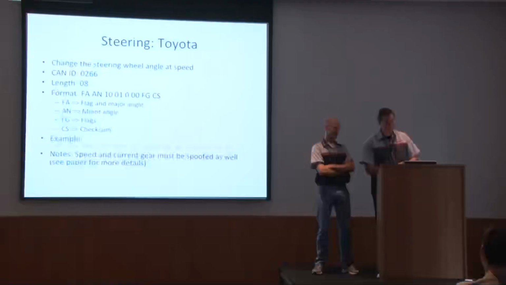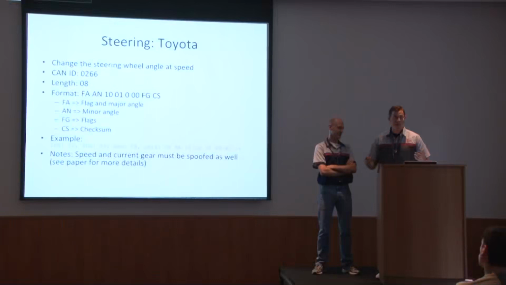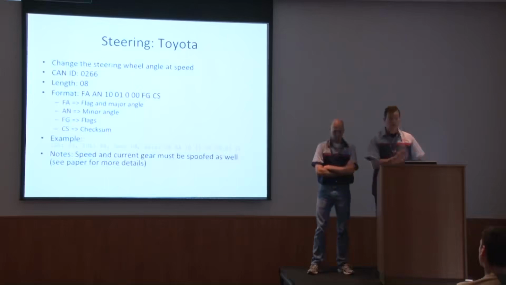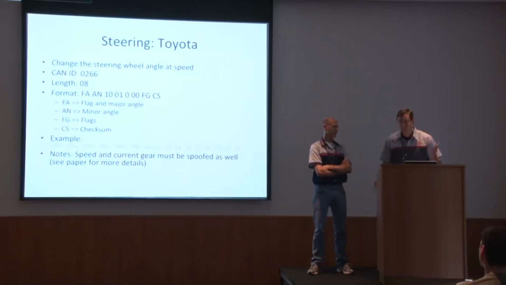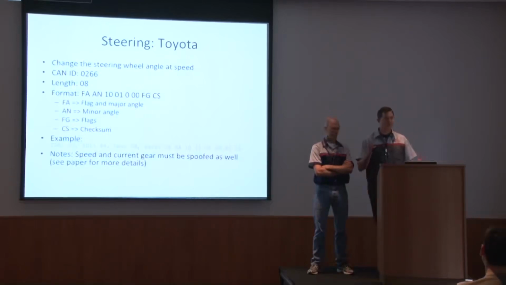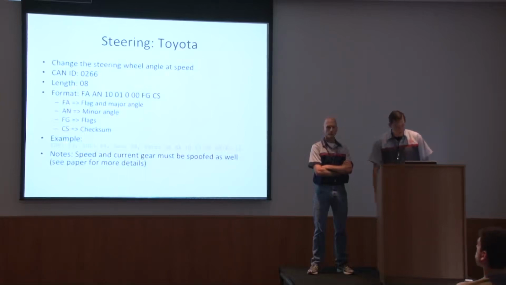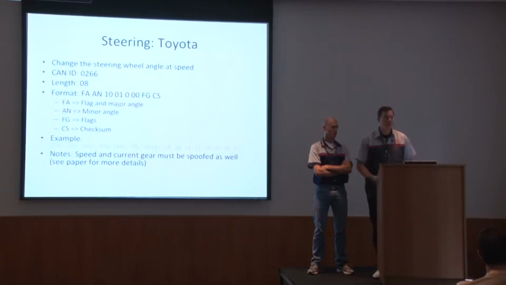For the Toyota, we could also control the steering. It had the lane keep assist, which was one way of controlling the steering, but it also had the intelligent park assist, parallel parking the car. Again, we just parallel park the car with our sniffer hooked up, for hours on end trying to figure out what messages and what data corresponded to, say, the angle of the wheel, things like that. The Toyota actually had a lot of restrictions on when the wheel could turn if you were using the park assist. You needed to be in the park assist mode, the car needed to be in reverse, and the car could not exceed more than 5 miles an hour.